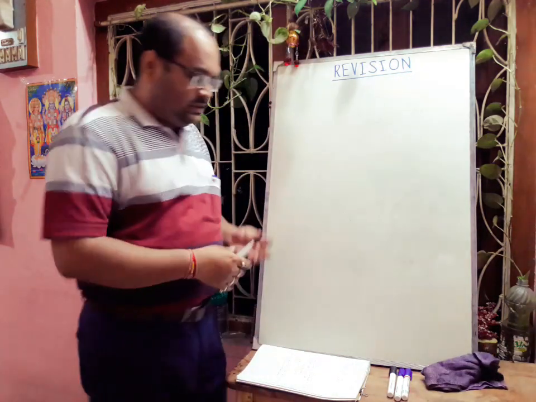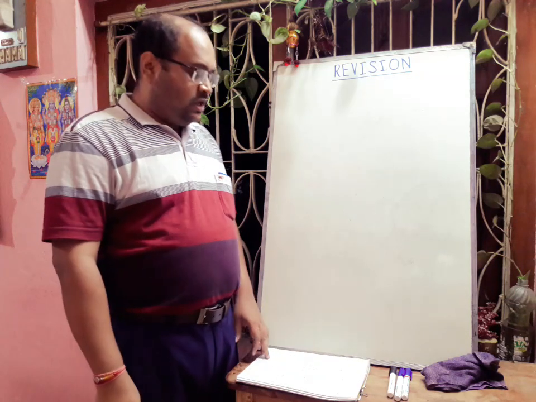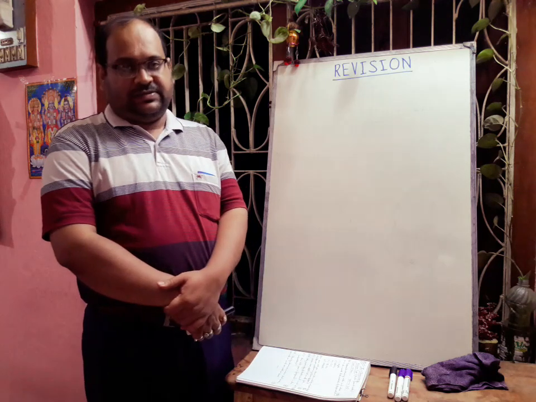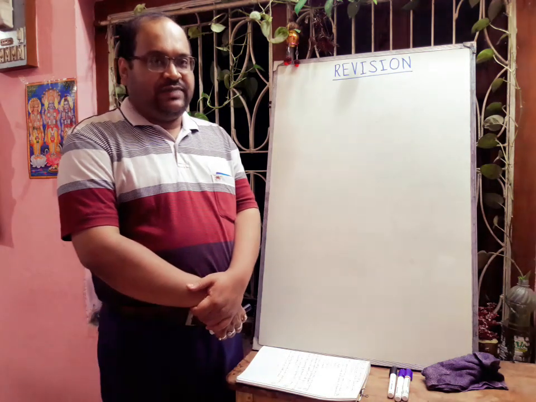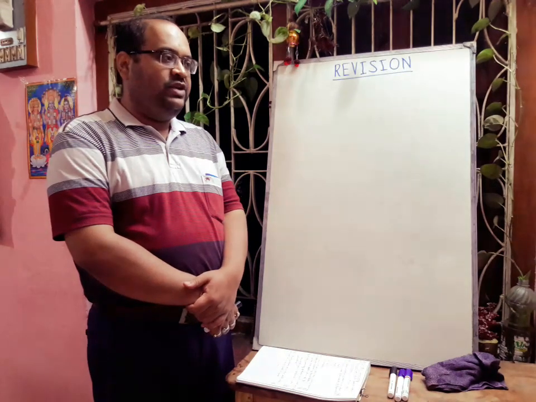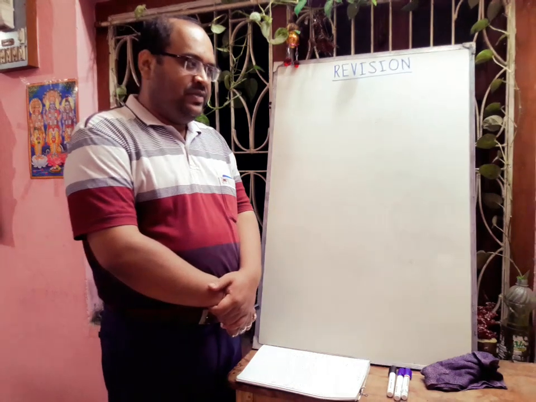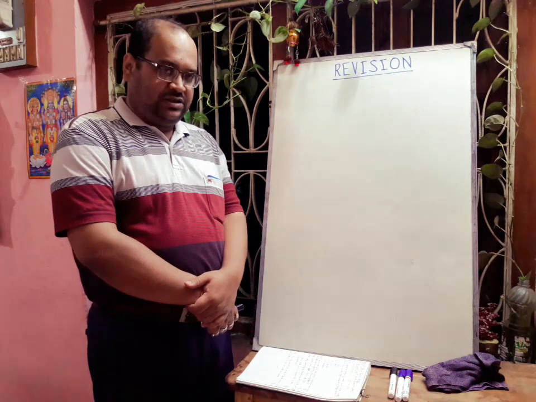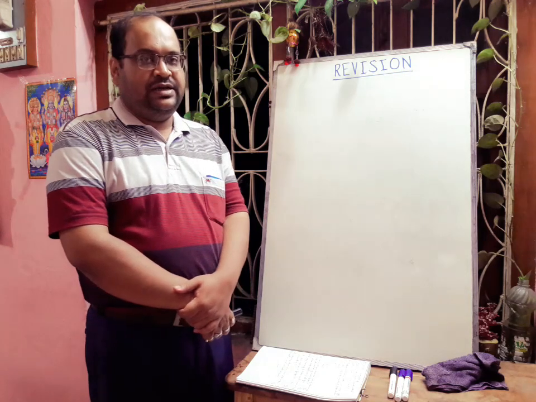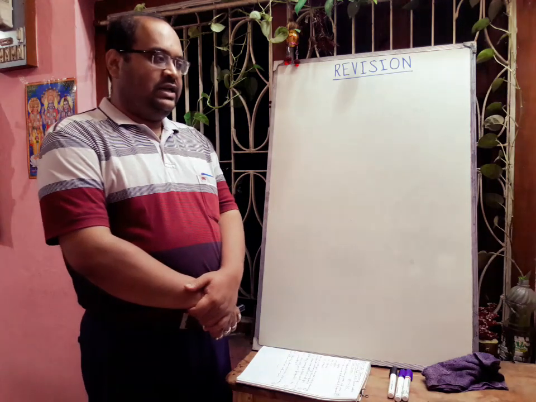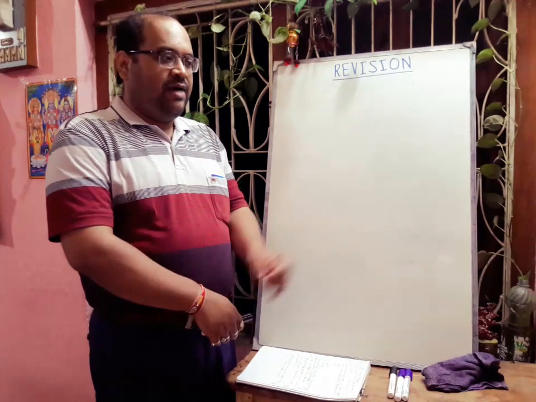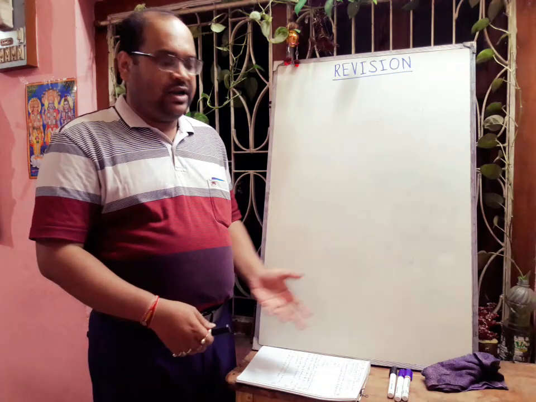Next we will discuss question number 2. The question was, how will you check the acidity or basicity of different solutions by litmus paper? If you have blue litmus paper, you have to dip it in one solution. If the blue litmus turns red, definitely it is an acidic solution. Then if you add that red litmus to a solution and it changes to blue, definitely it will be a basic solution.